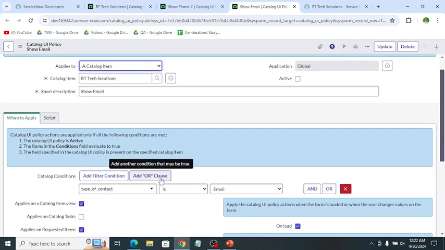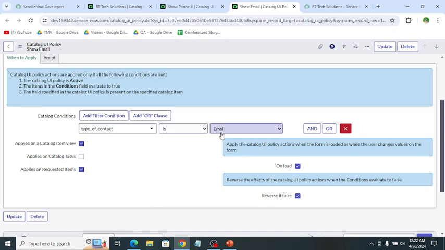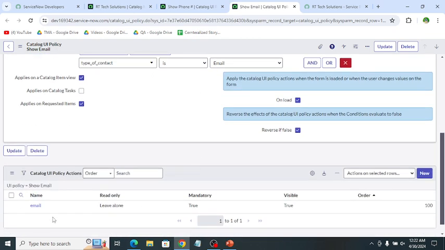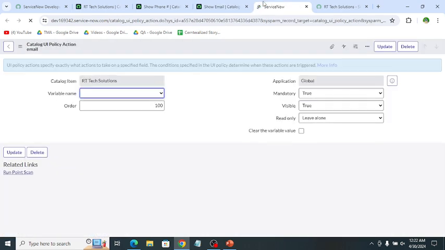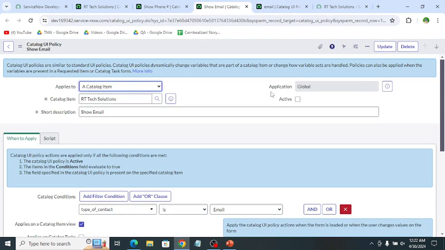This is the trigger condition for this UI policy, that if the user selects the type of contact email, then it displays this variable and also makes this variable mandatory. So first we activate this.